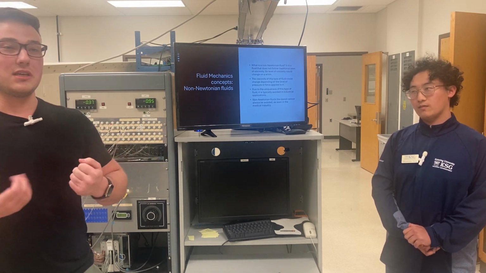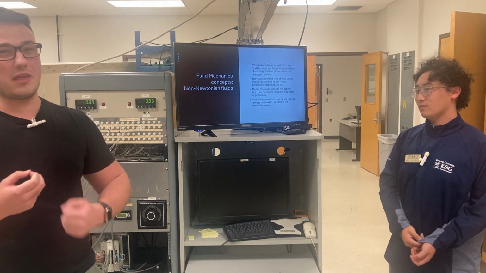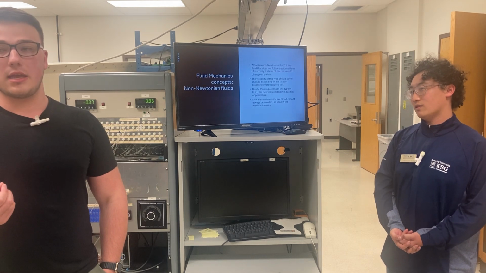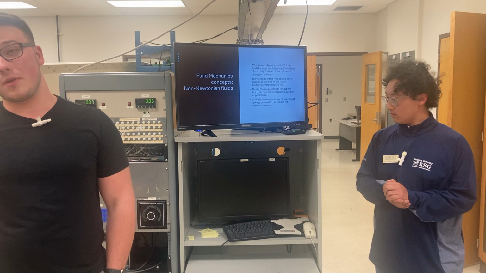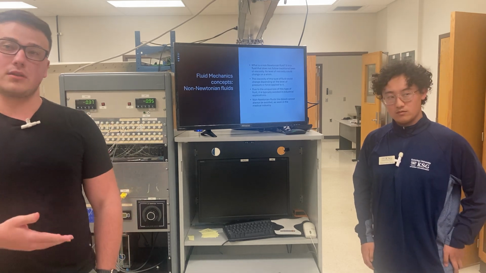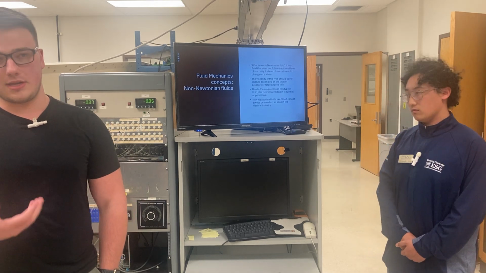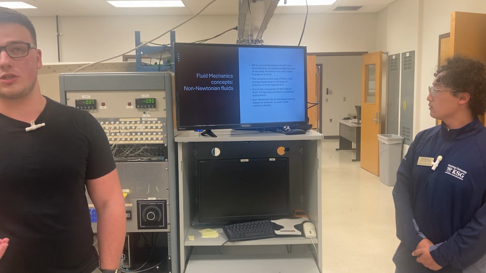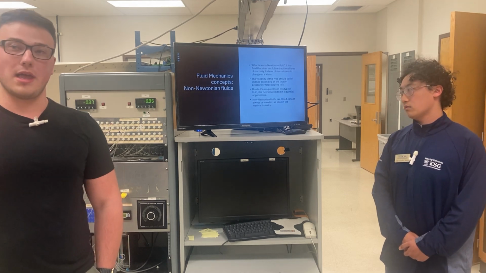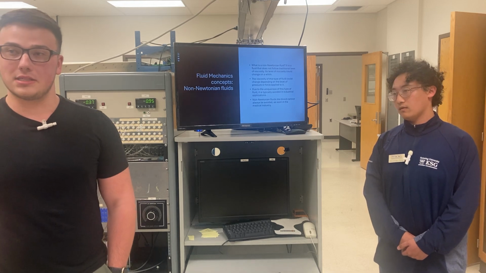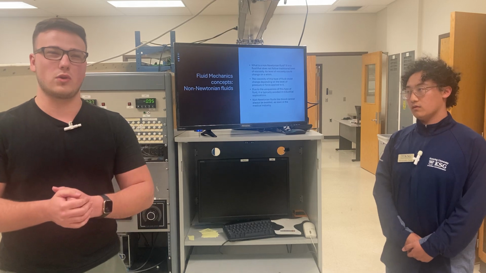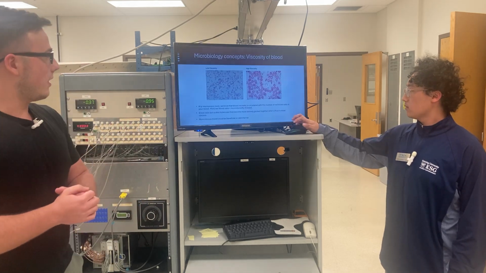And from what I've seen, they are sometimes avoided if possible. But there are some situations where they can't be avoided, and an example of that would be in the medical industry with blood. Blood is a non-Newtonian fluid that cannot be avoided in a lot of situations. So they have to figure out ways to pump blood into whatever they see fit. It is possible to pump a non-Newtonian fluid, it's just that more parameters are required.